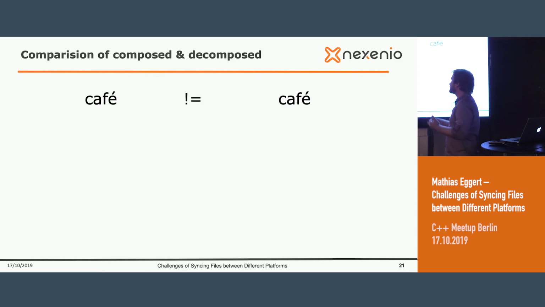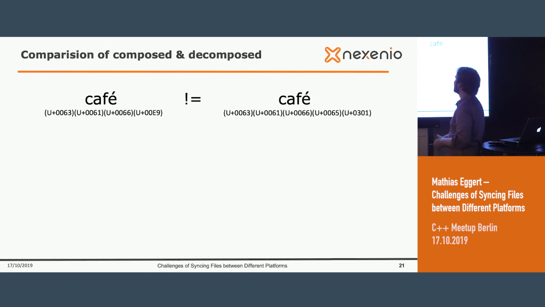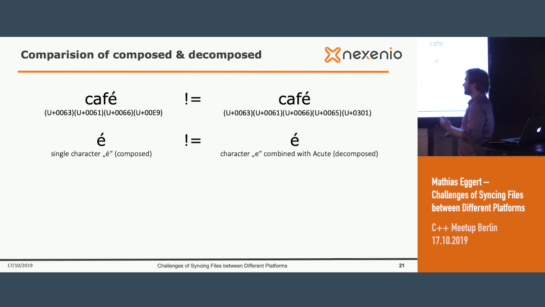The reason is we need to look at the Unicode character representation of each of the strings. And you will see that the first three Unicode characters are the same, but at the end they are different. The reason for that is that you can write the E with acute in different ways under Unicode. On the left side, you see the E with acute is a single Unicode character, and that is called composed.